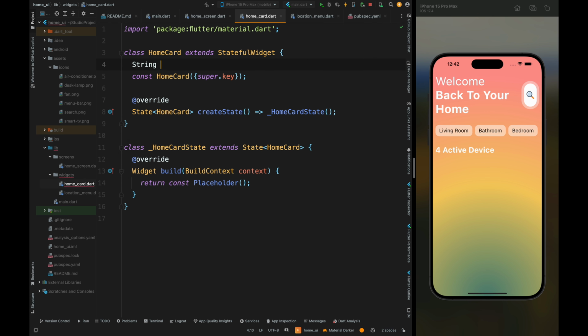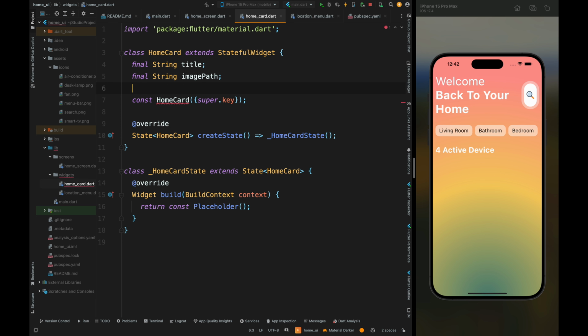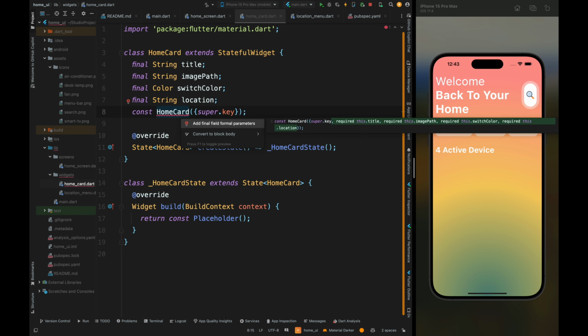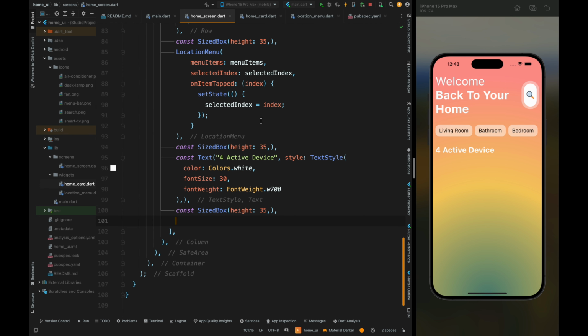while building the card. So let's first add the title of the card, which is going to tell what the gadget name is. Okay, then here add the image path, which is going to help in identifying the path of the image. Then here add the color for the switch, because I want every switch to have a different color. So we have added the switch color property. Then here add the location, so that whenever the user changes the location, the location text should be updated. Then add all these properties inside the card constructor, then come to the home screen, and from here